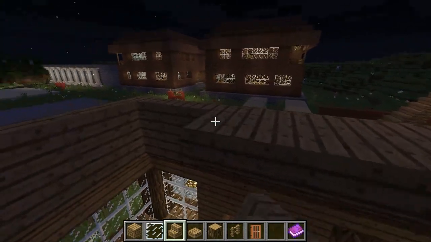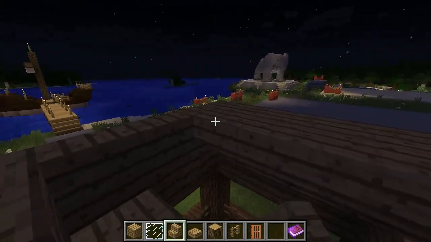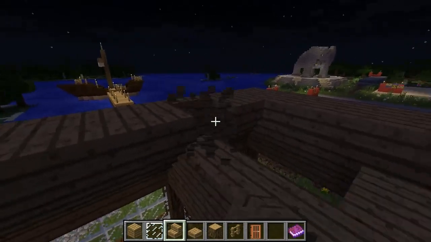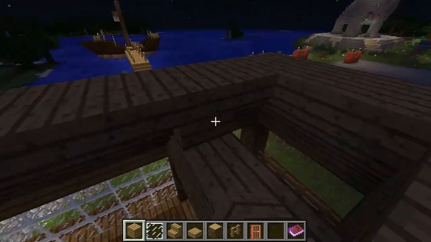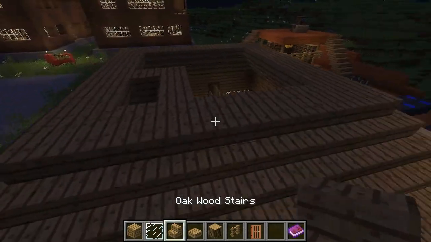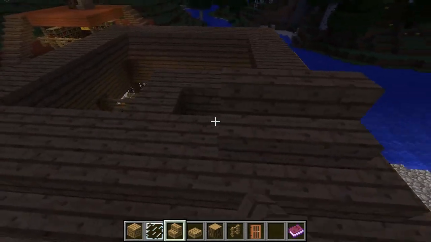Wooden roofs are actually quite unusual. Maybe I chose the wrong material. Usually it's something like a tile. Well, there's no tiles in Minecraft, is there? Like tiles or shingles or metal sheets. That's more common. Alright, and then we're going to